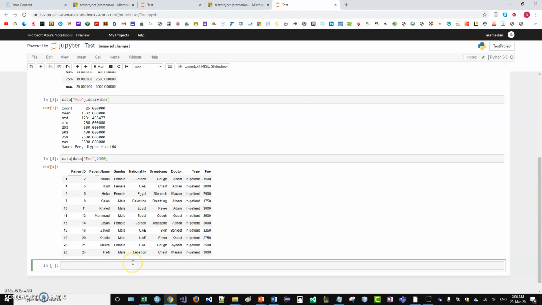Let's say we want to display some rows based on two conditions. For example, all those patients who had symptoms of either fever or cough. Because we have two conditions, we're going to use an extra set of parentheses, one for each condition. So the first condition is data. Now fever and cough are in the symptoms column, so we have to specify the column name. Symptoms